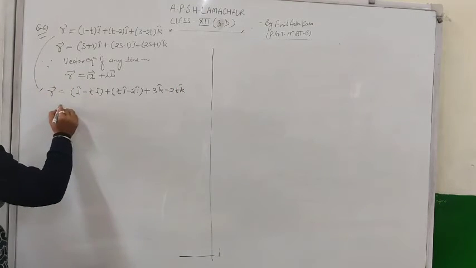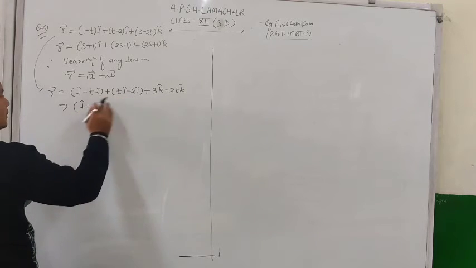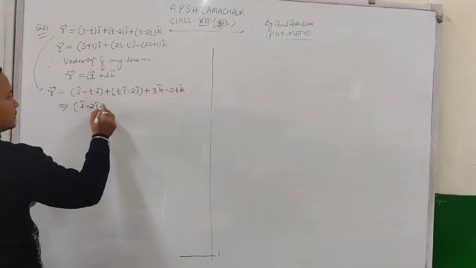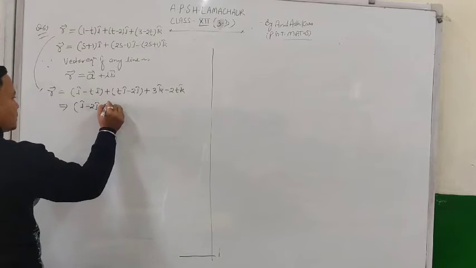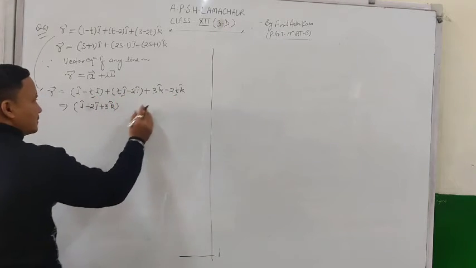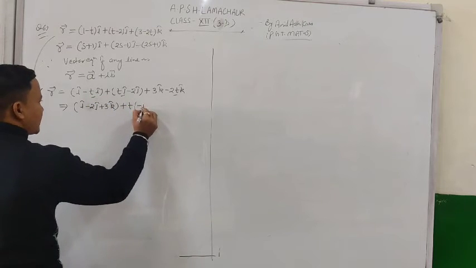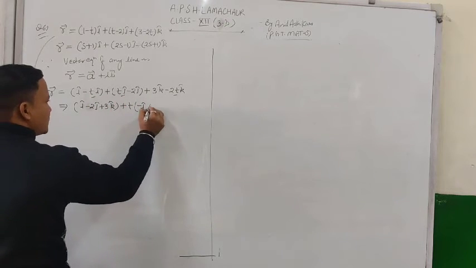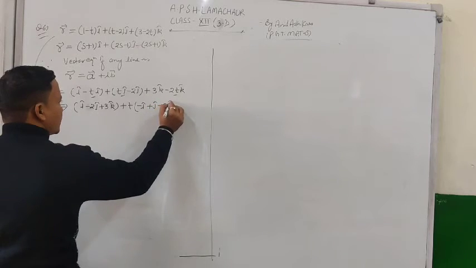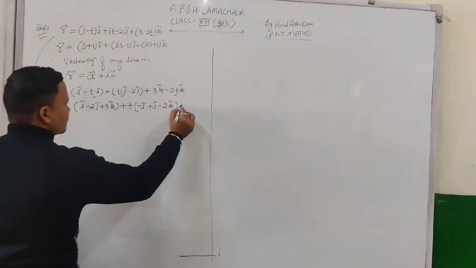Now separate the terms without t. So this will be i cap minus 2 j cap and plus 3 k cap. So these are the terms without t, and with t there is one term here, one here and one here. So taking t as common, we get from here minus i cap, from here plus j cap, and from here minus 2 k cap. This changed one sign. Let it be the first equation of the line.